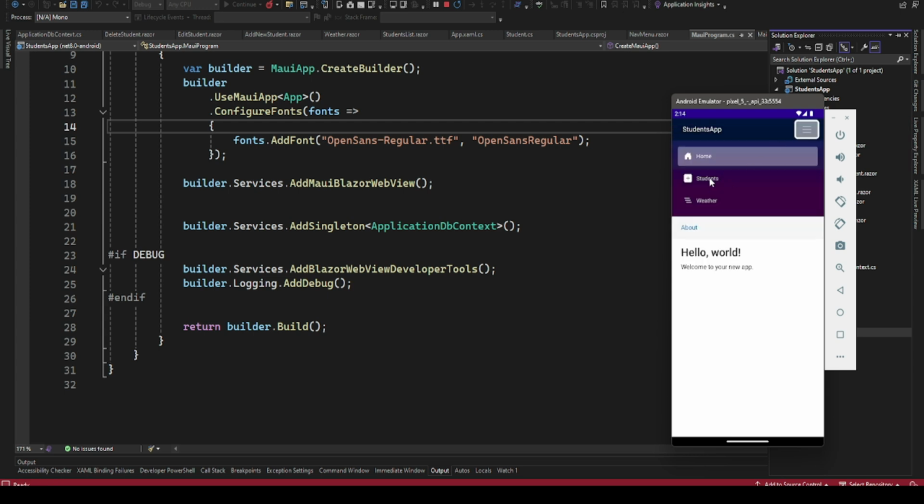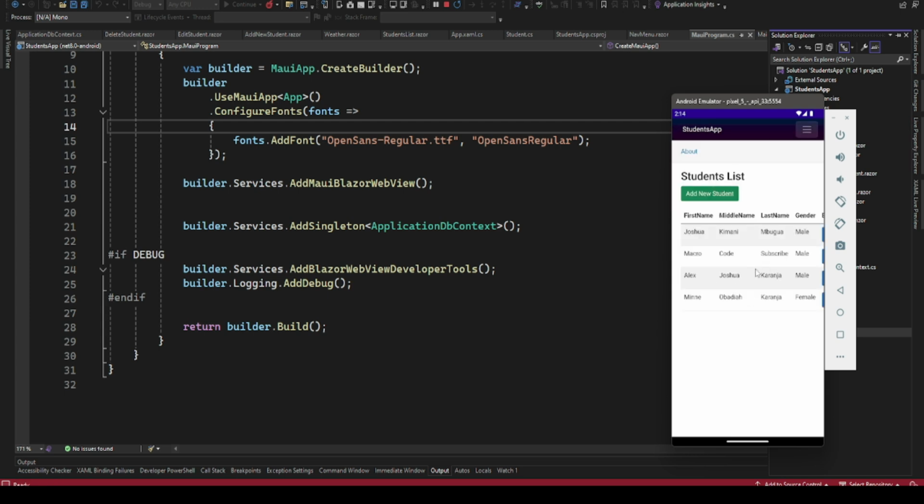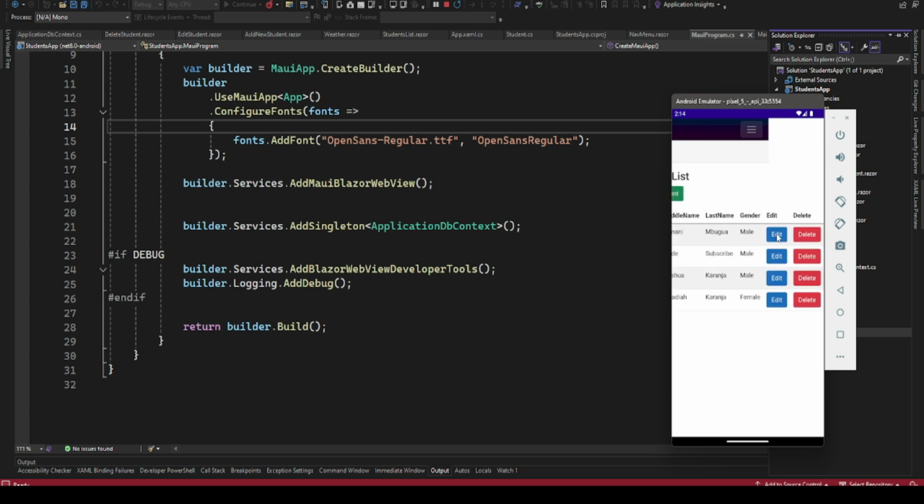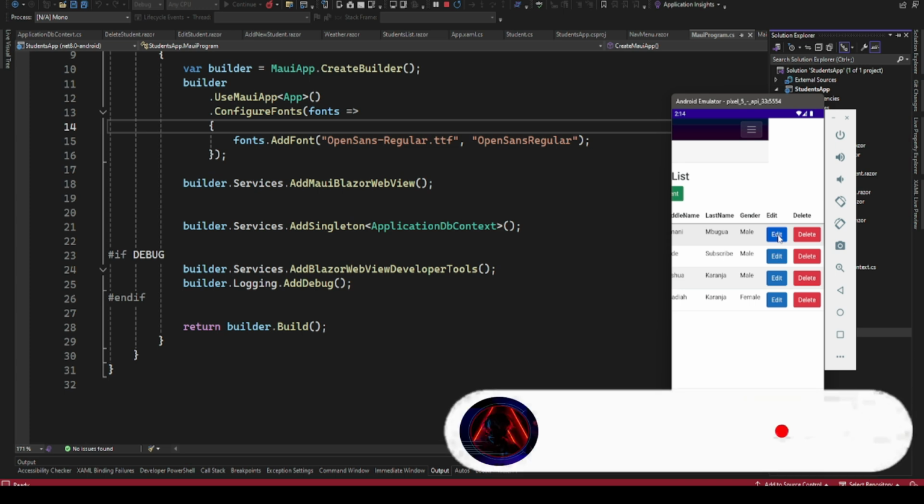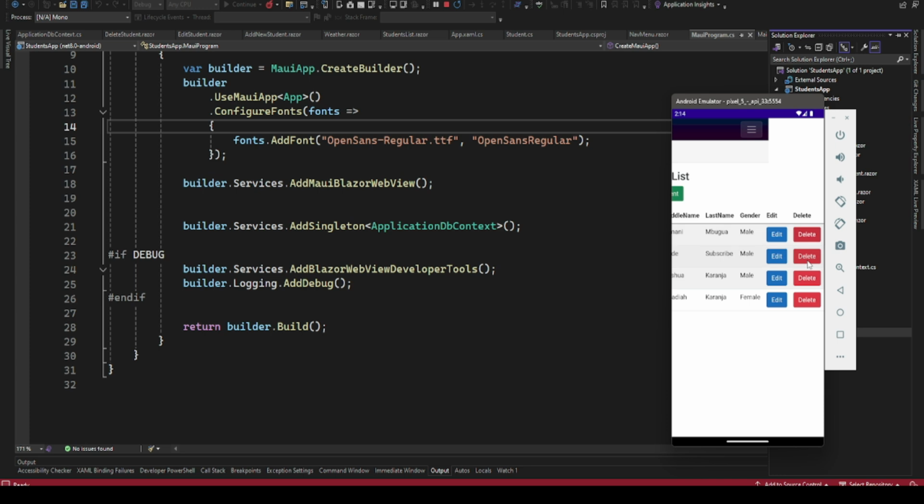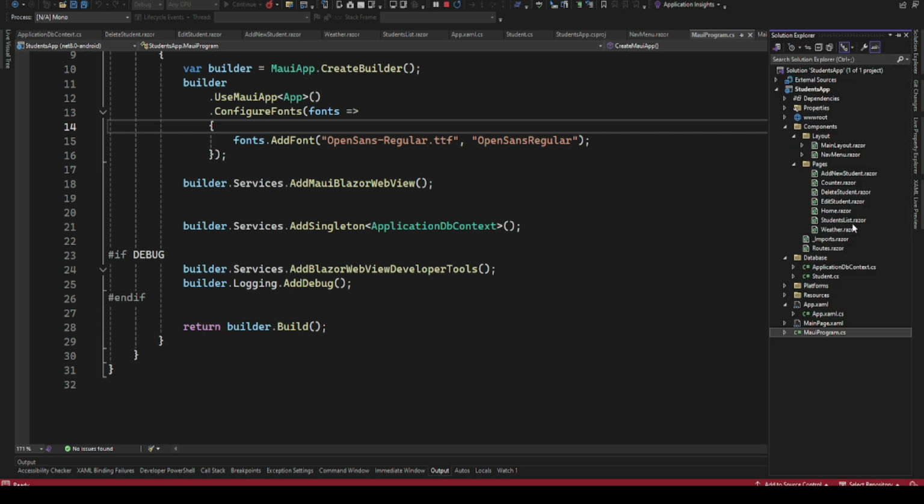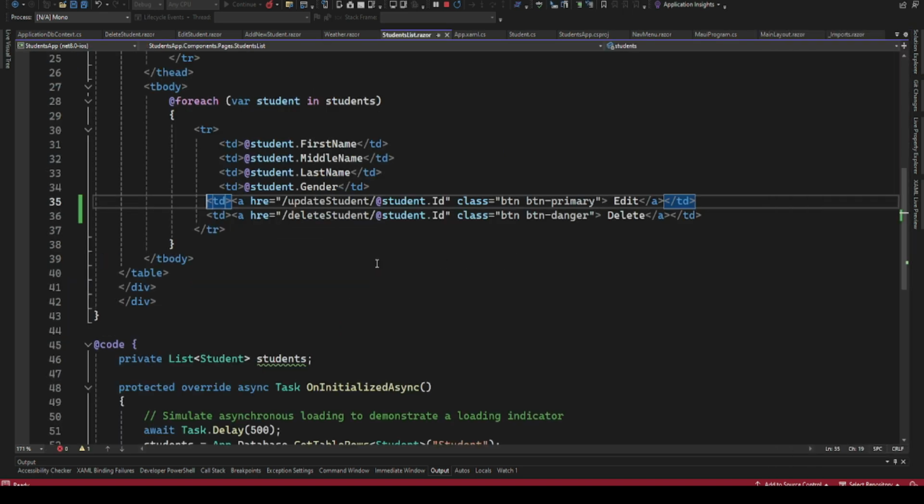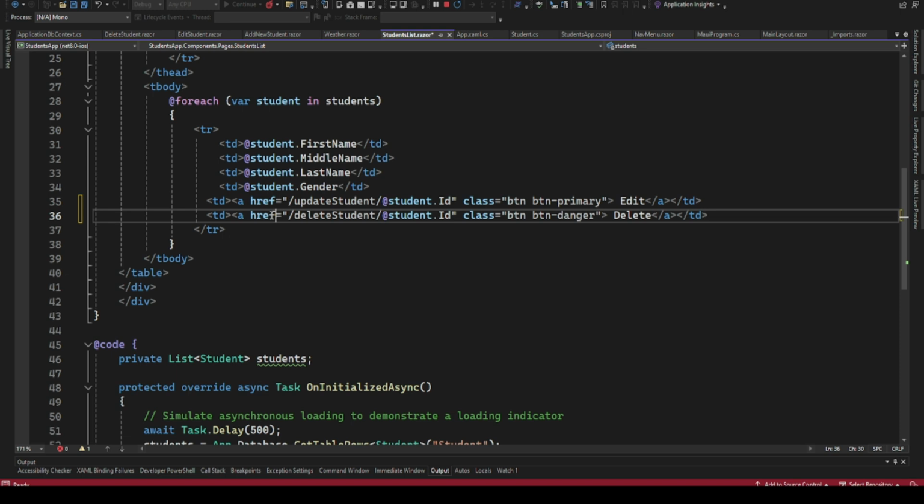So if we go to students now, we should see our list of records here. And if we go to edit student, if we click on edit student, nothing is happening. So you can see if we do delete, the same thing, nothing is happening. So let's just confirm what is wrong. So if we come back to students list here, yes, we've done some wrong definition here. So this should be href, this should be href. So if we do that, update our app,